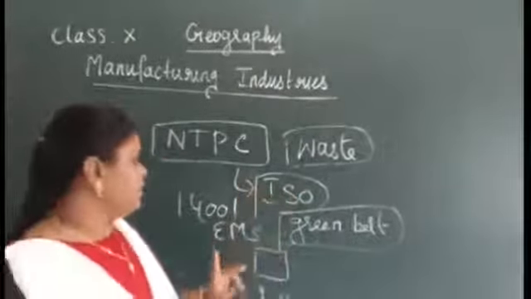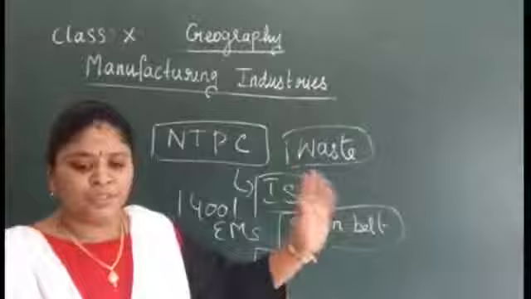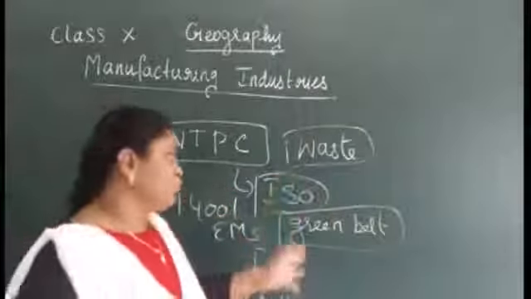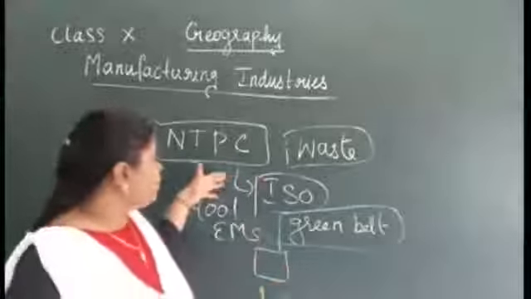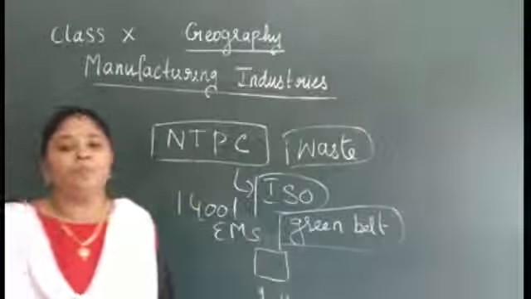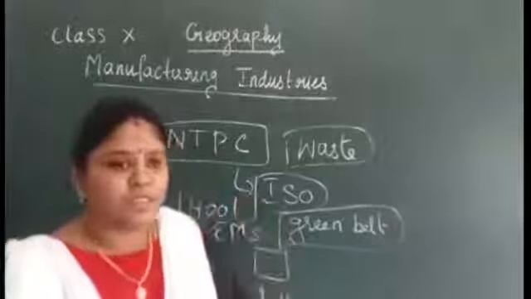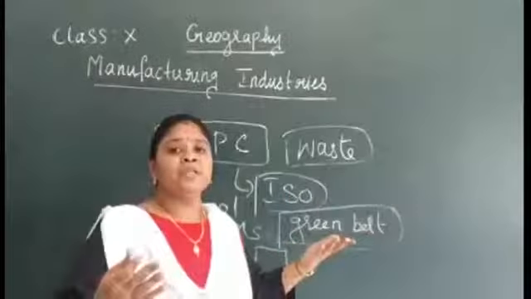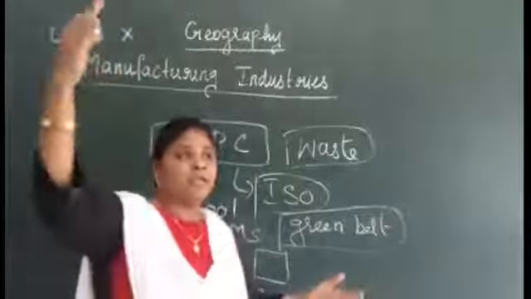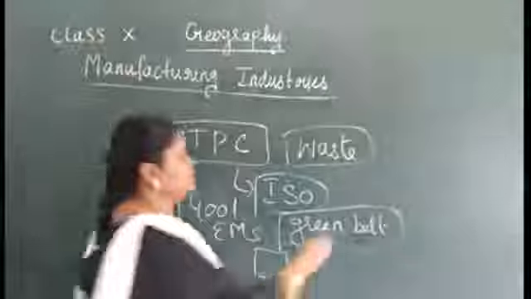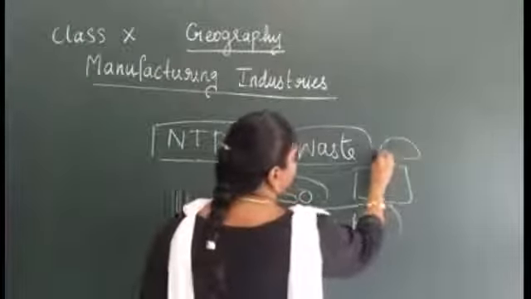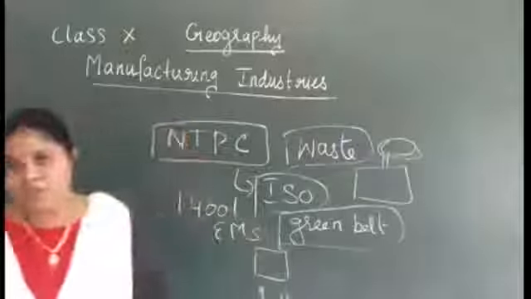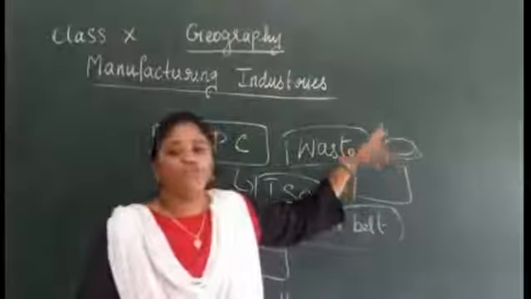Then one more thing is that they are going to reduce the environmental pollution. How are they going to reduce it? A thermal power plant needs the heating up of coal, right? Heating up of coal is needed. When coal is being heated, smoke will be emitted from the industries. Like if this is an industry, from these chimneys you will have the smoke emitted. So this should not happen.